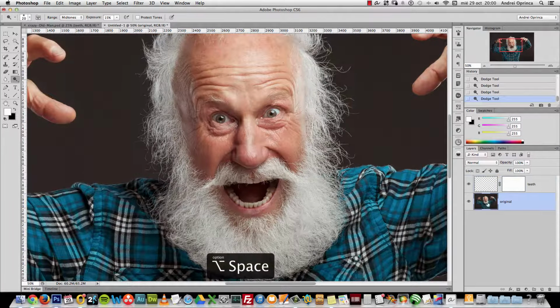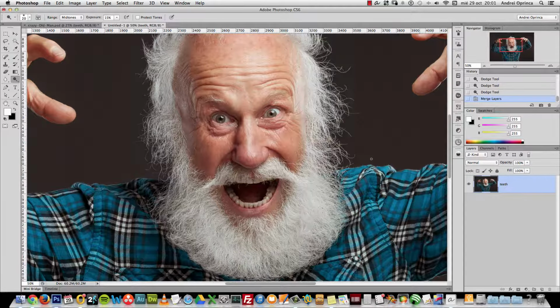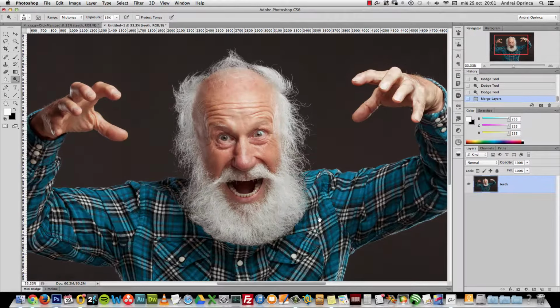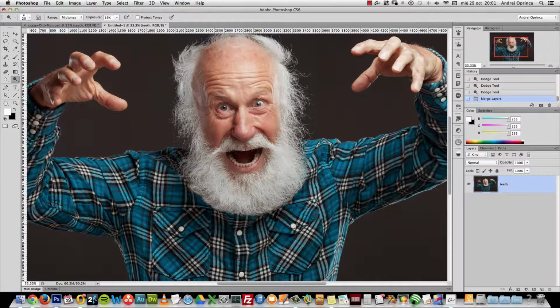Okay, and what I will do now is select both of them, press Control Command E to merge both layers. On the original, I just converted it into a smart object, but it's not necessary to do that. I just did that because I wanted to remember that I actually fixed this part of the mouth. Okay, the next thing that I want to do is retouch the face a bit before I remove the background,